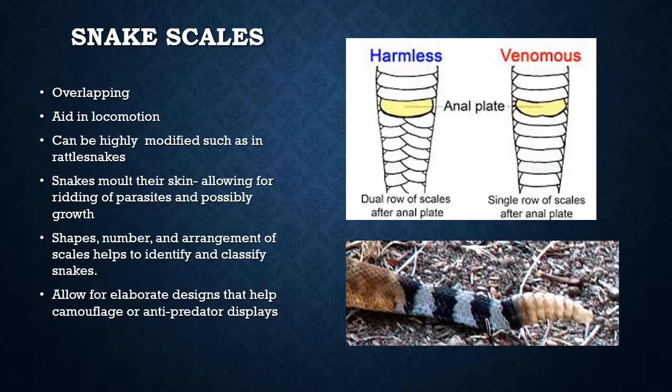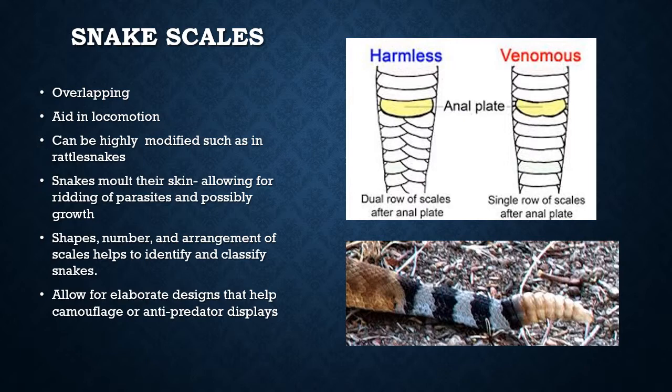One advantage, whether this is why or not, is that they can rid themselves of parasites by shedding their skin. All the parasites go with it. So that is unique to snakes. Now, their scales, being in different sizes, numbers, colors, and shapes, all help to identify and classify snakes. We're not going to go into detail on that in this class, but that is a useful tool for identifying